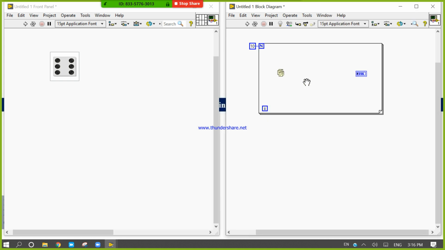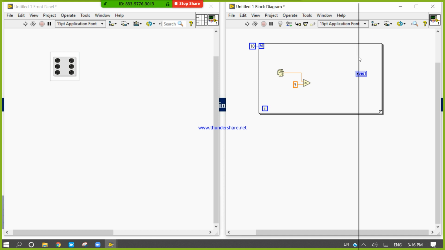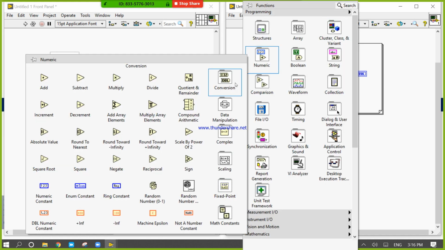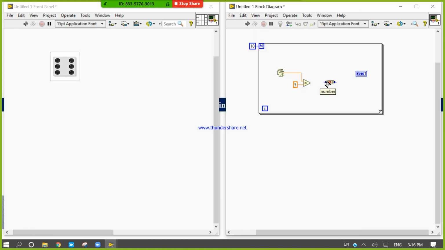So let's multiply with the constant 5. After that right click here, come to numeric conversion and take u16, an unsigned 16-bit integer.